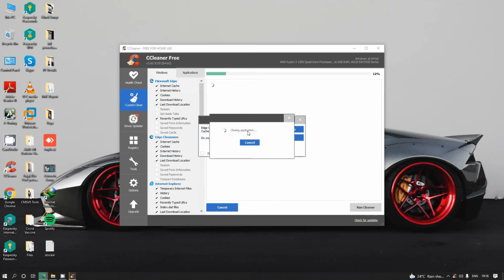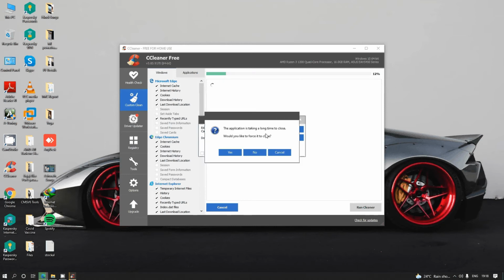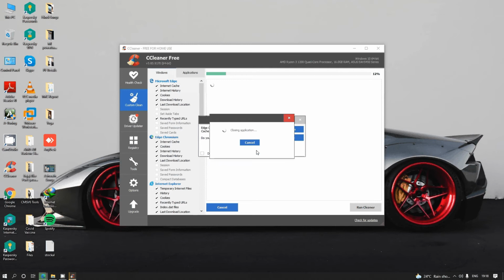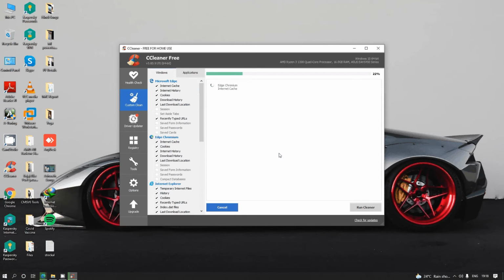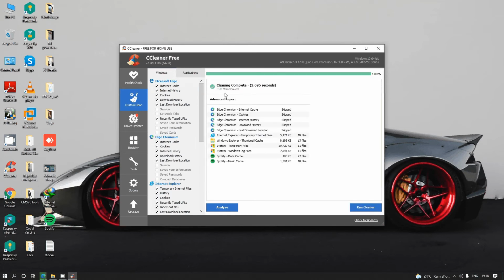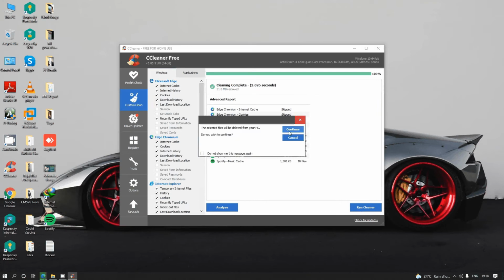It is asking to close an application, the browser, so I'm not closing it. You can find a lot of junk files available. So 51 MB is removed, meaning that much file size has been removed.